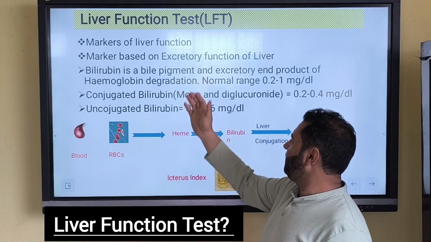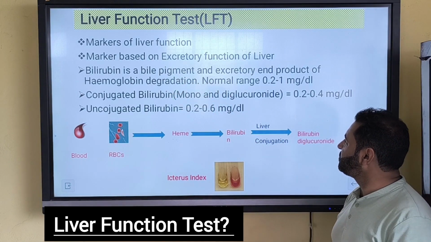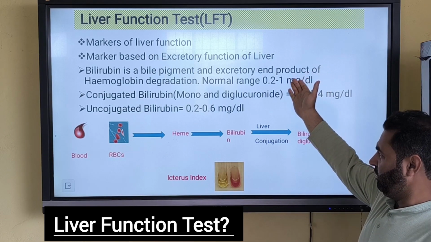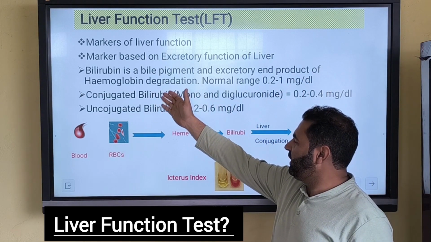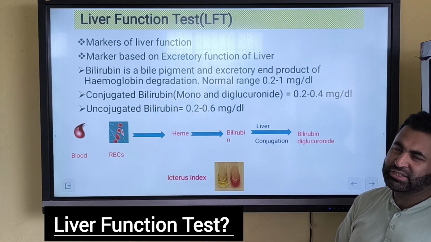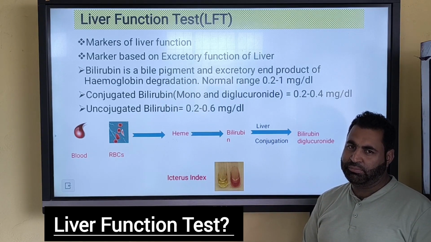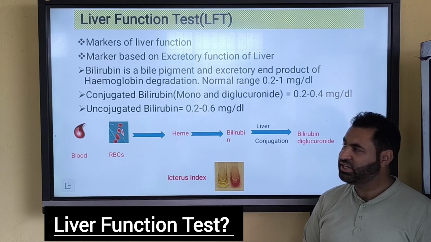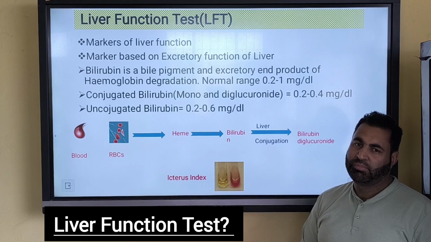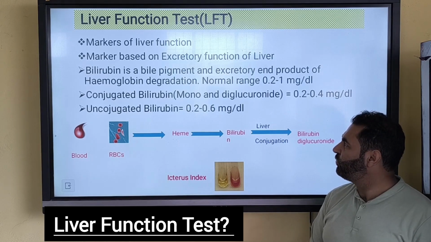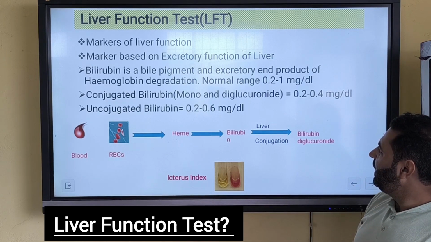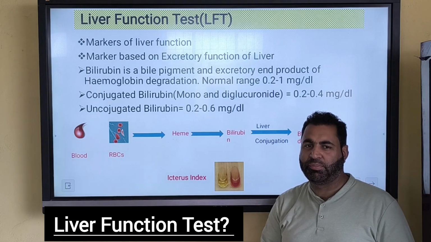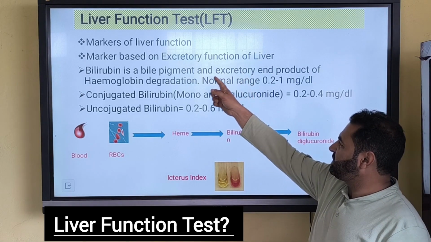Bilirubin is a bile pigment. It is produced and excreted, and is an end product of hemoglobin degradation. Hemoglobin is present in our RBCs, red blood cells. It is the compound or the pigment which is responsible for blood oxygen transport. So once that RBC is destroyed in our body,